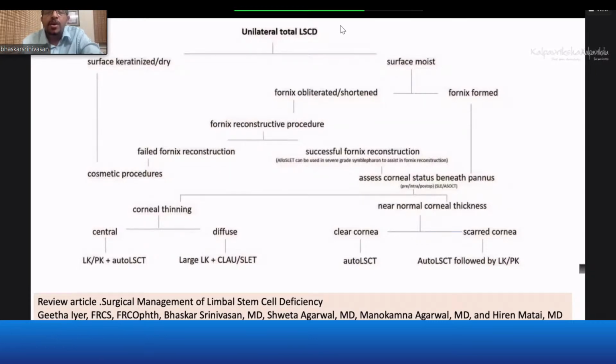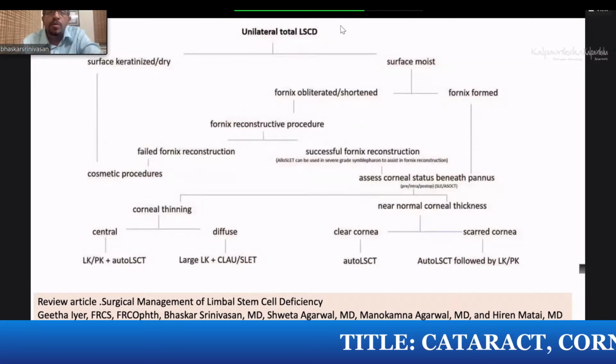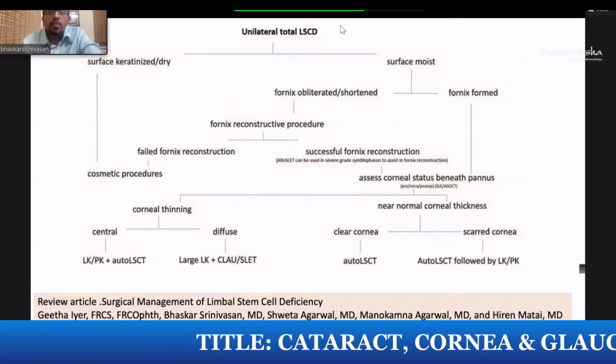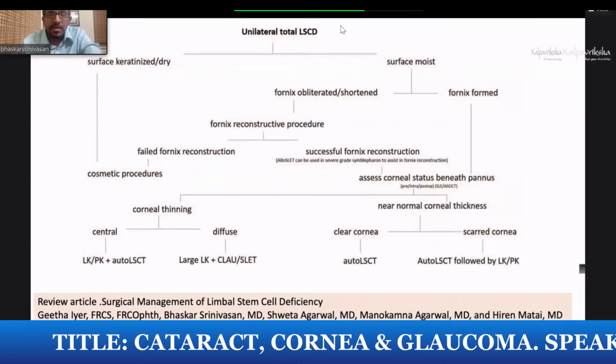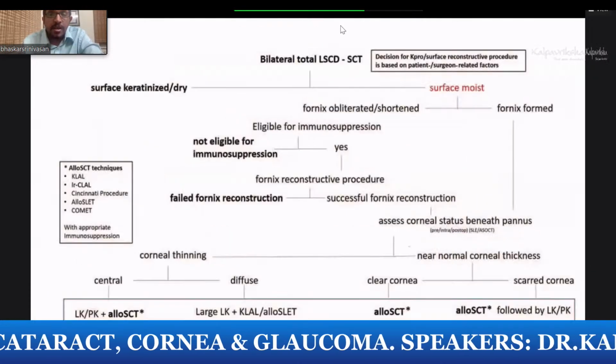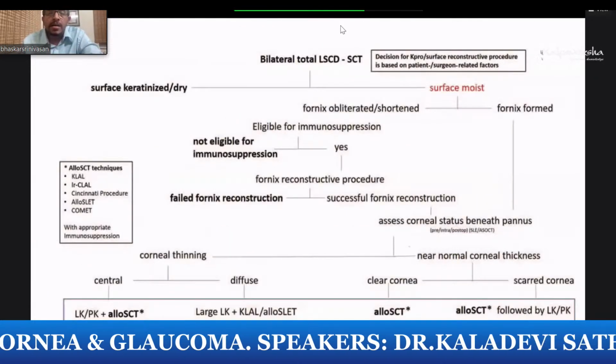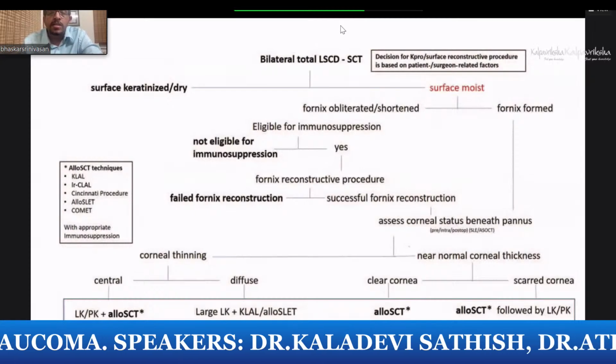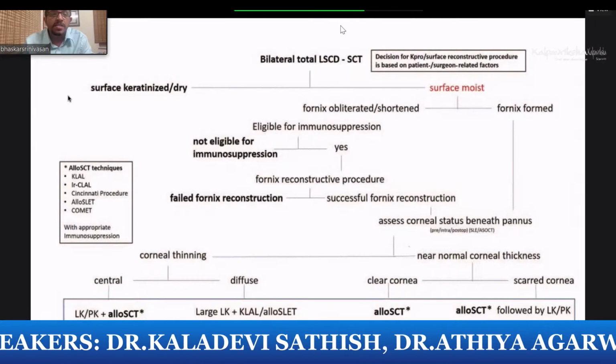If it's a moist eye, you can do the fornix reconstruction, and then based on the status of the underlying cornea, you could go ahead with autologous SLET with or without a keratoplasty in that situation as such. If it is a bilateral disease, then you are looking at whether the surface is dry, whether the surface is